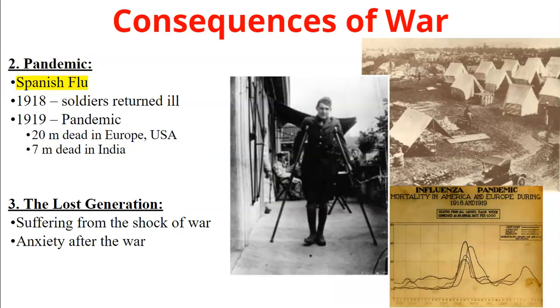Another consequence was the Spanish flu, which is actually the H1N1 virus. This infected 27% of the world's population. We actually don't know how many people died. It could be anywhere from 40 to 50 million or upwards of 100 million people. The reason we don't know is that any countries that were at war did not report what was happening, because they thought if we report this, this will make people panic and they won't go out there and work. They won't go out there and help us with the war effort.